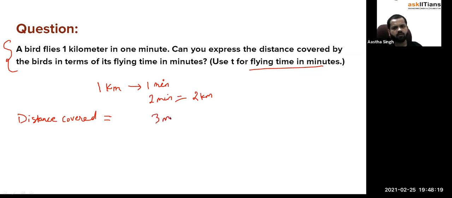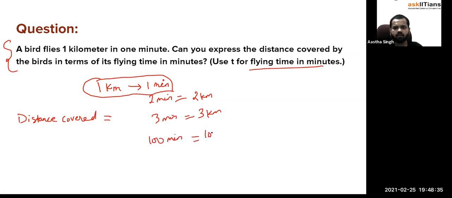In 3 minutes, how much will you cover? Definitely 3 kilometers, because you covered 1 kilometer in 1 minute. So in 100 minutes, you will cover 100 kilometers. So definitely the distance covered in T minutes